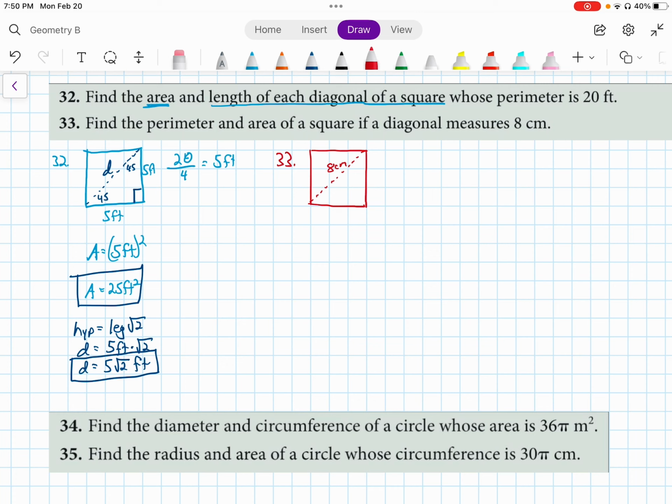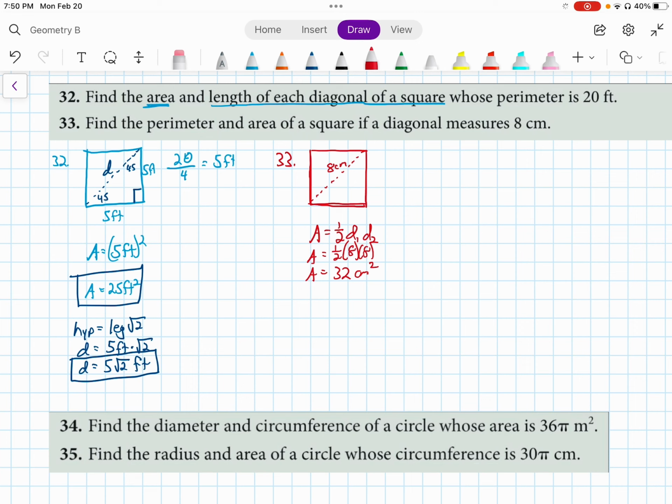A square is a rhombus. So we know the area of a rhombus is 1/2 diagonal 1 times diagonal 2. In a square, the diagonals are equal. And so the area of this square is 1/2 of 8, which is 4, times 8, which is 32. So this is 32 centimeters squared. Probably the quickest way to find that. Once we know the area,